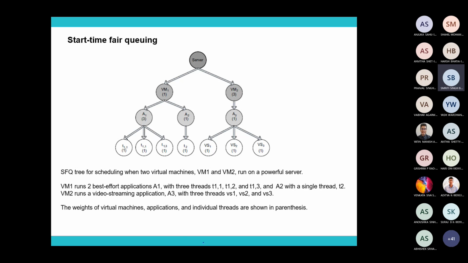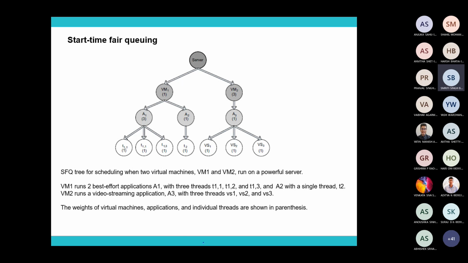So according to that weightage, it will use the CPU, the server resource. Let's say virtual machine 1 is executed for 1 second. Then immediately after that, the context switching will occur. Then virtual machine 2 will run for 3 seconds. Then once again the context switch will happen and it will execute for 1 second, then 3. So based on the weightage, that context switch will occur.